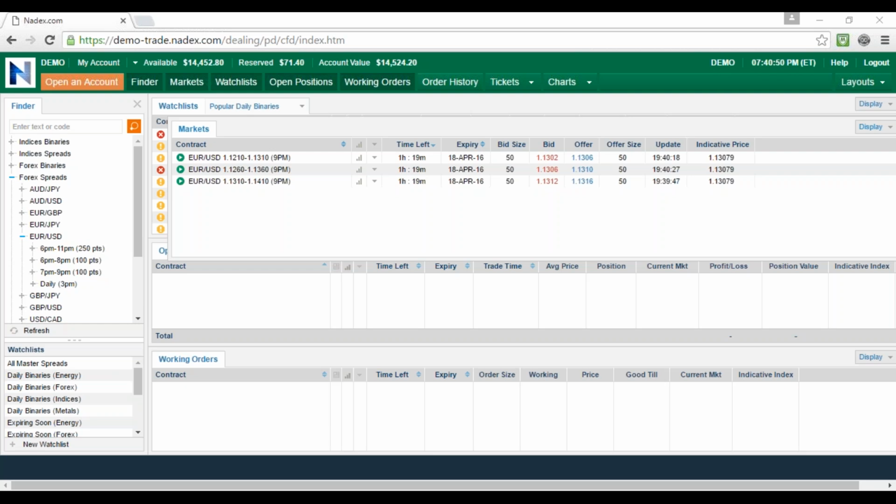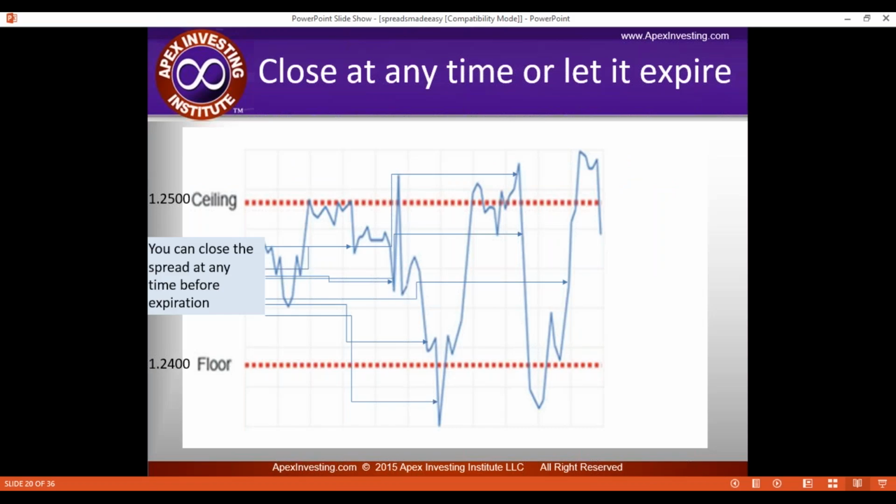Why would somebody trade binaries with more risk when spread is less risky? Well, Sam, that's a good question. Spreads are a lot less risky than binaries overall, okay? Because it's not all or nothing with a spread, right, Sam? That's the thing. What happens if I buy a spread in the middle at 24.50,